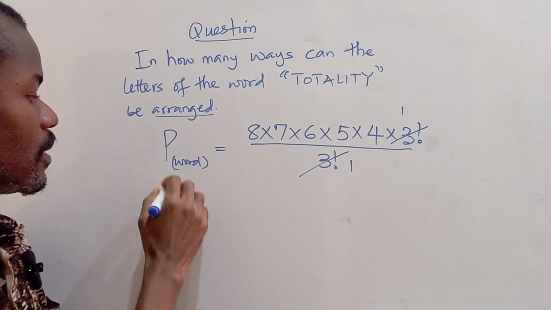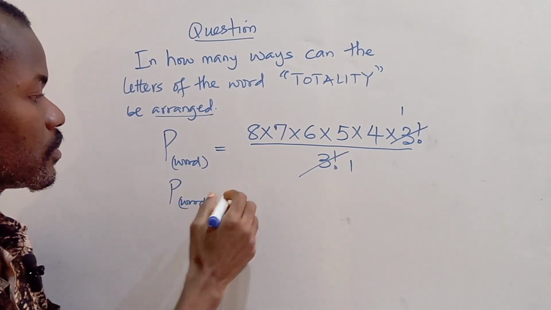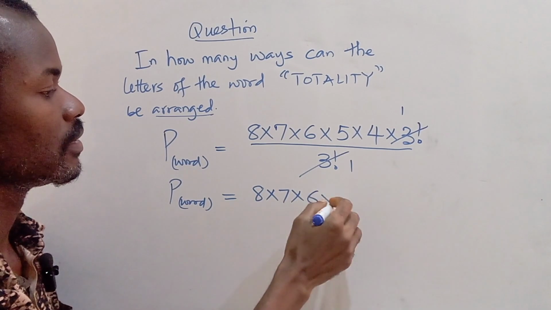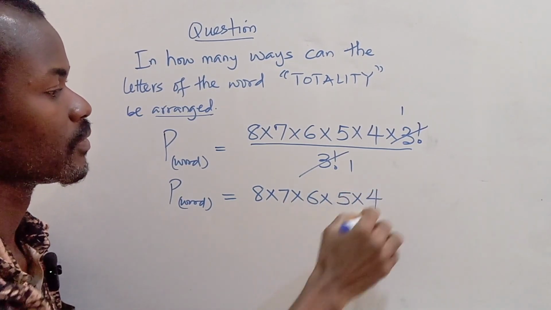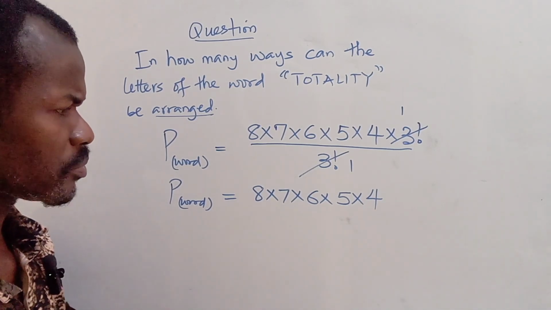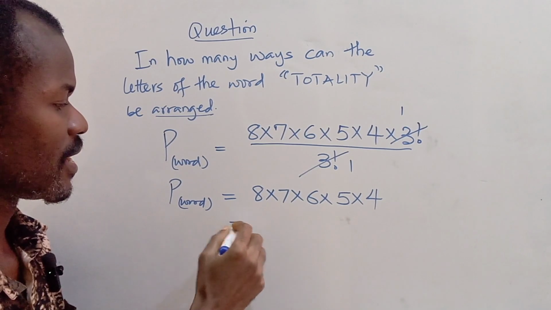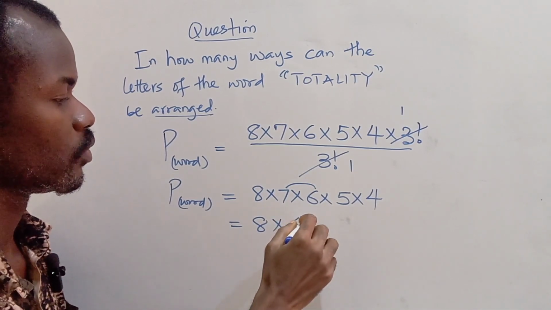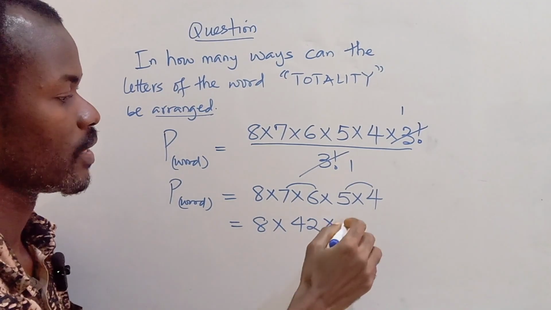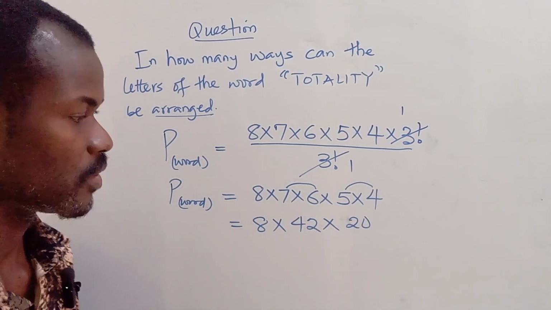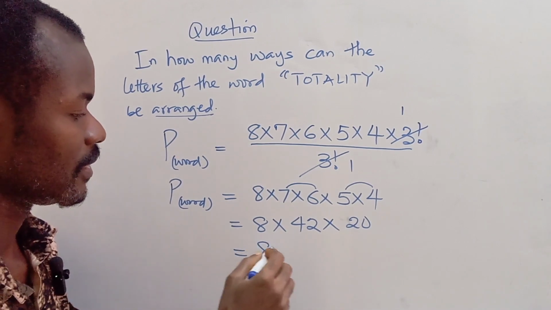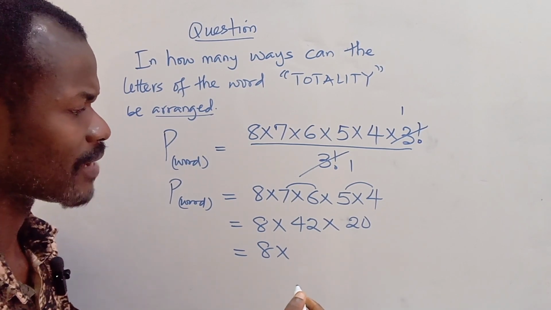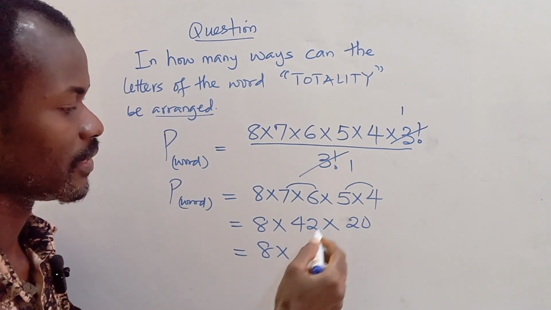So our permutation of the word totality becomes 8 times 7 times 6 times 5 times 4. Okay. So let's multiply it. We have this is 8. If I multiply this to what do we have? We have 42. If I multiply this to what we have is 20. Alright. Now we can still say 8 times. Let's multiply this 2. Okay. I can put this 0 here